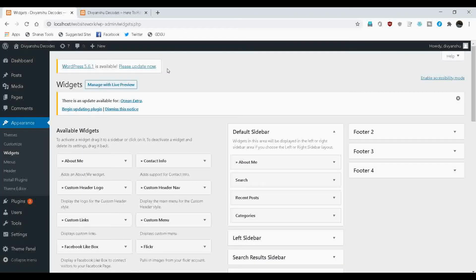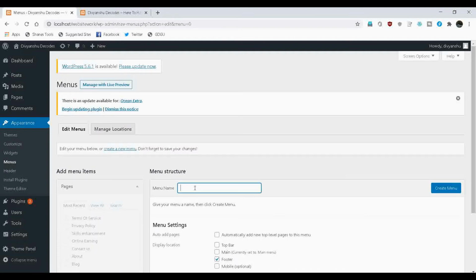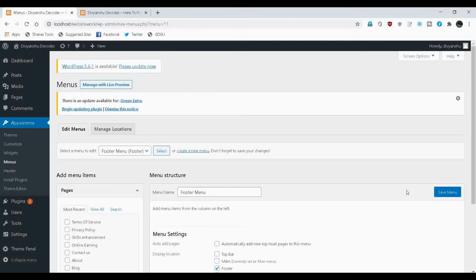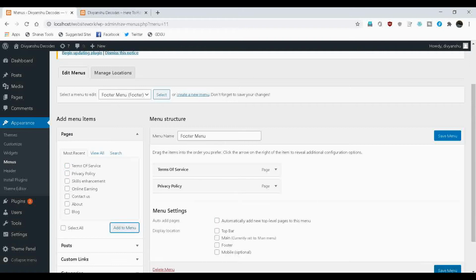Now we need to create a menu. So get back to the appearance tab and click on the menu section. As you can see here, click on create a new menu. You can name this menu anything because this name will be known to you only. So footer menu will be the name. Then click on create menu. This particular name matters only when you have created many menus in different locations of your website, and you as an admin want to know which menu you are actually referring to. Here on the left, check the pages that you want to add to this menu and then click on add to menu. Click on save.